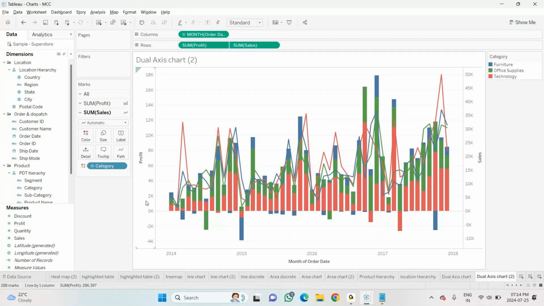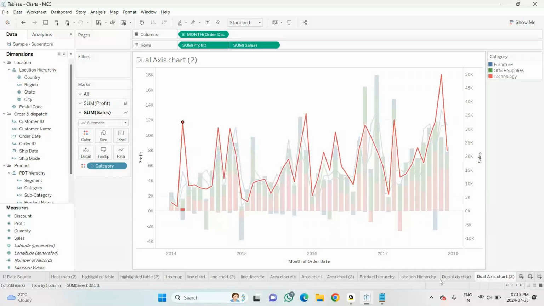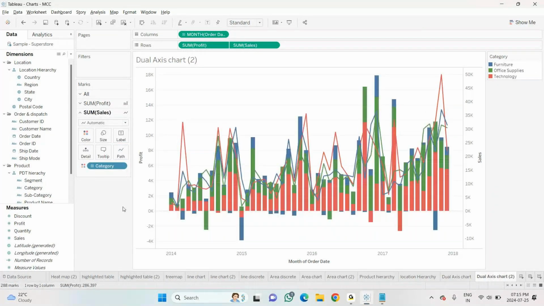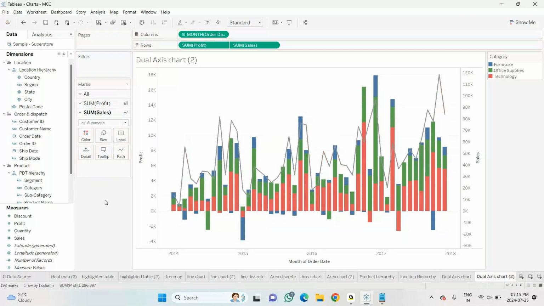Now, first of all, this line chart is based on what? The line chart is for the sales. See here. This line is of the sales, and this bar chart is for the profit. Now, I want this line chart only for the sales, not category-wise. So I'll click on the sum of sales. If you take it all, it will show the sum of profit and sum of sales. Sum of profit is the bar, sum of sales is the line. As soon as I click on the sum of sales, it shows me the category colors. I'll just drag this out. Now this has changed, so I have only the line.